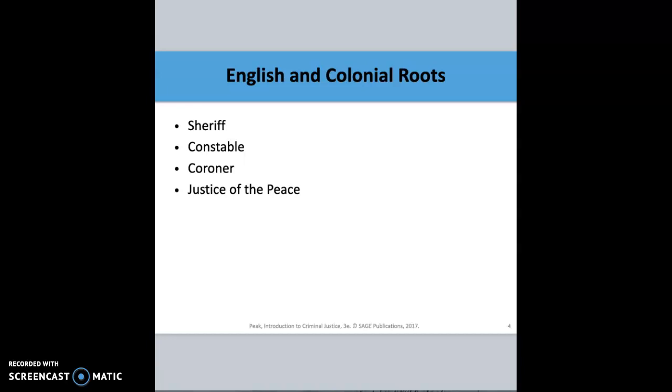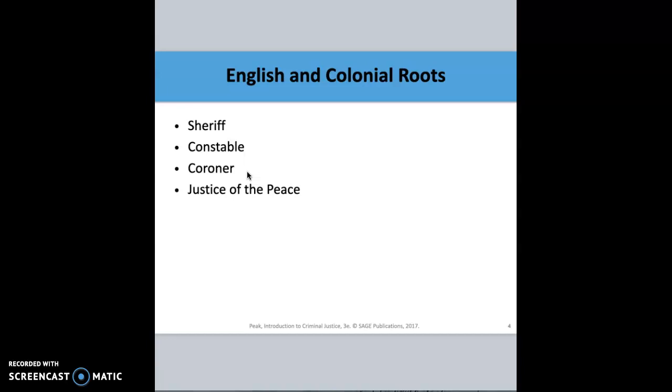Now, next we have the idea of the coroner, an early English court officer. Today, it's usually a physician in the United States whose duty it is to determine the cause of death. Now, a coroner was elected from the beginning, but that later changed. Now, oftentimes, the coroner is, in most jurisdictions, now the sheriff. So, for example, it's sheriff/coroner. So now the sheriff, which is an elected official, is now serving both functions as a sheriff and a coroner.